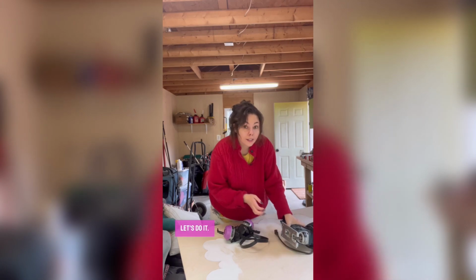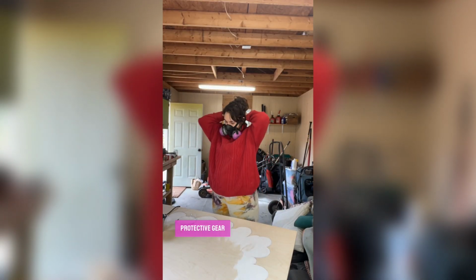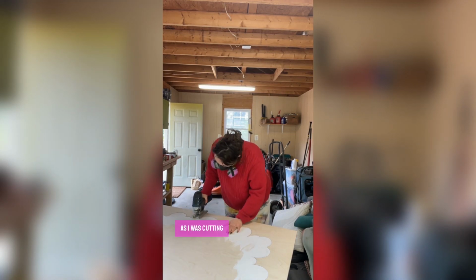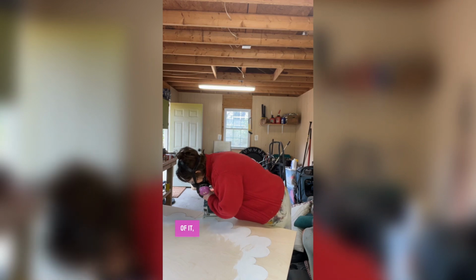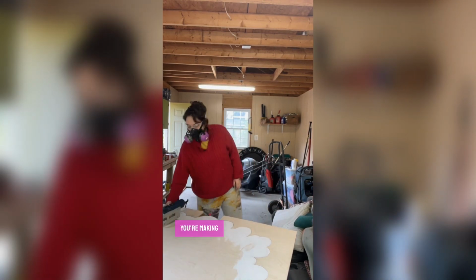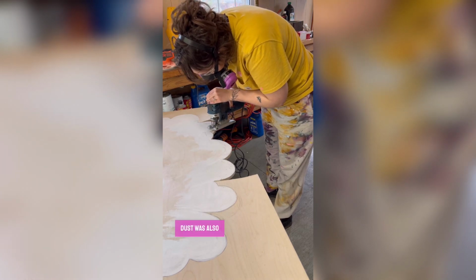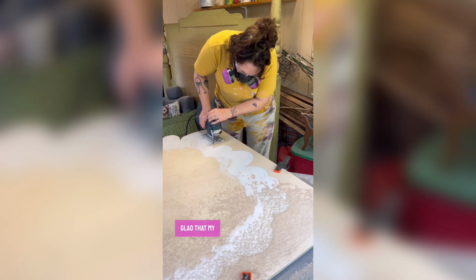So, let's do it. I'm not kidding when I say you definitely need to be wearing protective gear when you're cutting wood. As I was cutting into this panel, a lot of the dust was gathering on the surface of it, and it's just amazing how much of it gets generated as you're making these simple cuts. Dust was also blowing out from the filter of my jigsaw, so I'm very glad that my goggles stopped that